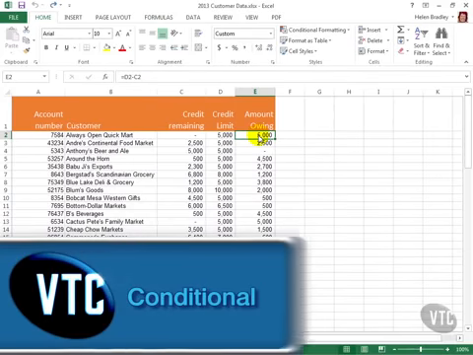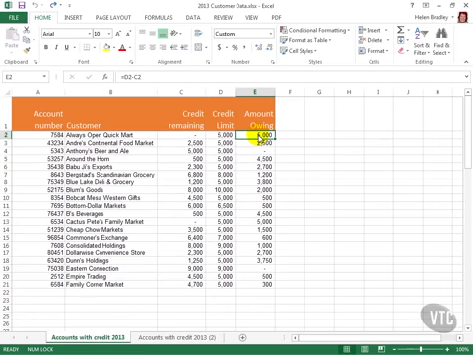Using conditional formatting, we can apply a format to a cell dependent on what the cell contains. In this worksheet, we're seeing customers with amounts owing to us. We can format the cells to show the relative magnitude of those amounts owing. I'll select all the data here in column E, and then click the conditional formatting icon here on the Home